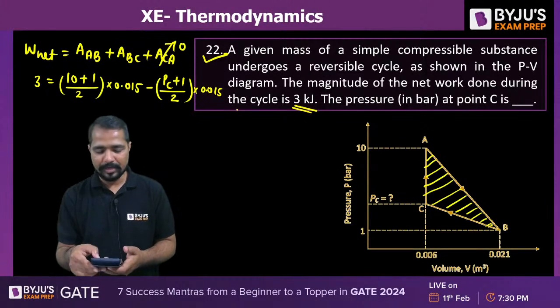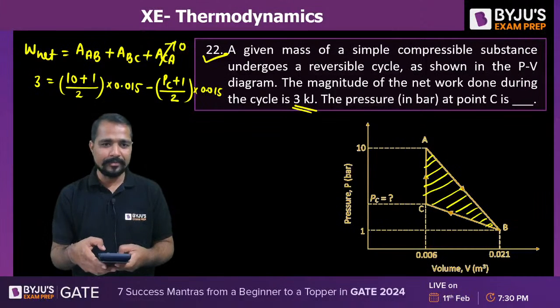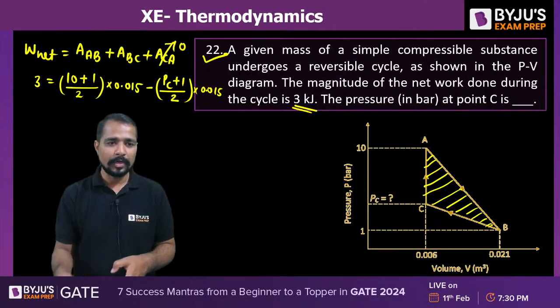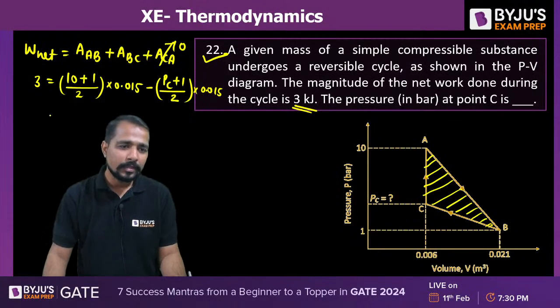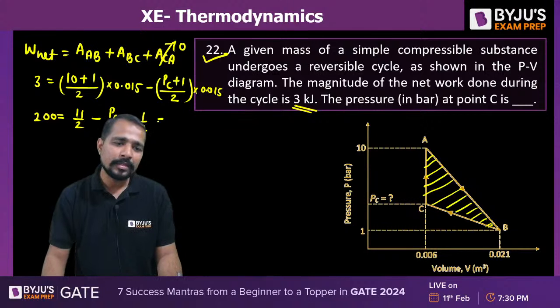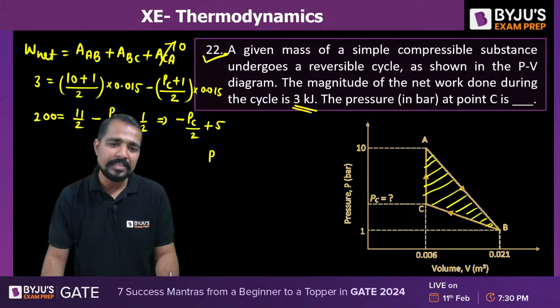Let's see how many of you are getting the answer. 3 divided by 0.0, 200. This is 200 divided by 11 by 2 minus PC by 2 minus 1 by 2, that is equal to 10, 5. That is equal to minus PC by 2 plus 5. So the PC by 2